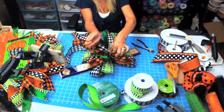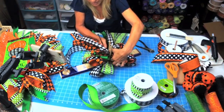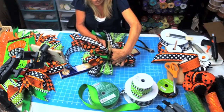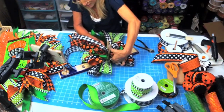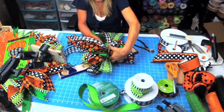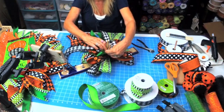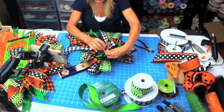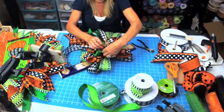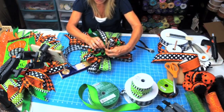And I like to take my zip tie, and I go down underneath all the ribbon on the left side of the pegs. So I'm going to slide it all under here to the left. But when I come back up, I'm going to bring it over to the right, because I find that that helps with the little notches that the peg leaves in the ribbon for this zip tie to fall right in